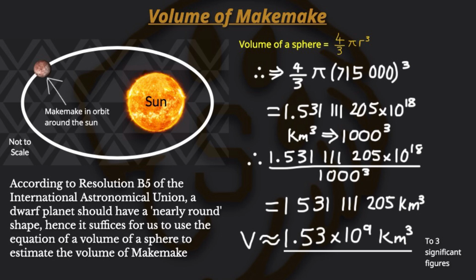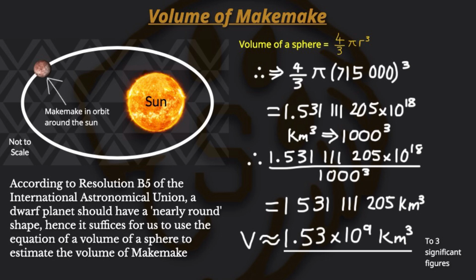Therefore it will be 4 over 3 times pi times 715,000 meters cubed, and then we get that answer: 1.531111205 times 10 to the power of 18, and then kilometers is basically 1000 meters, so cubic kilometers will be